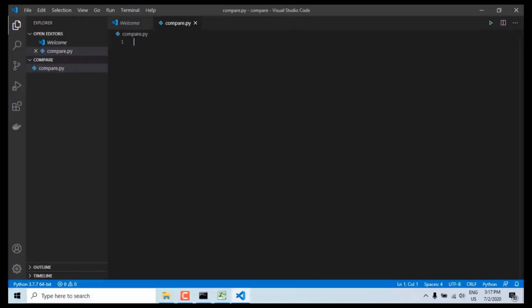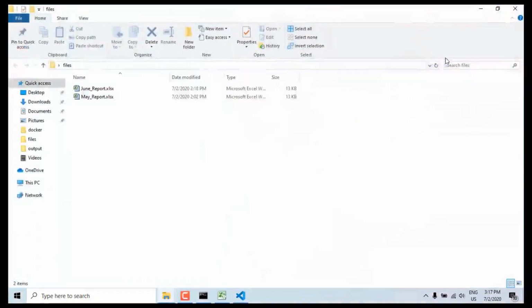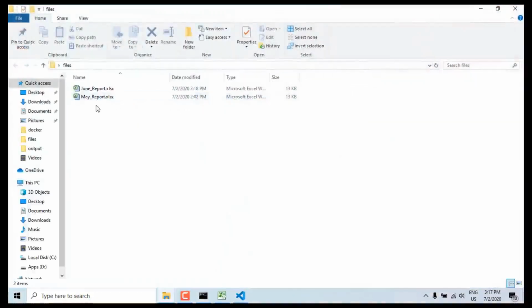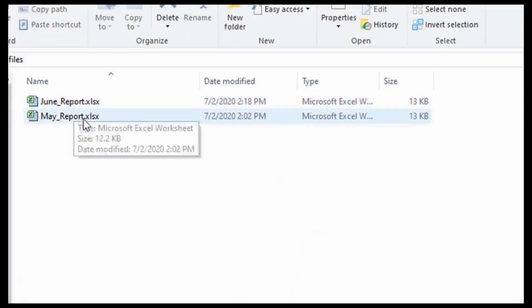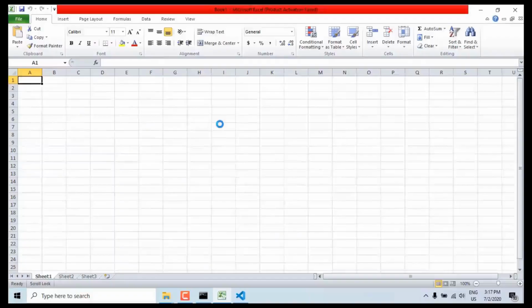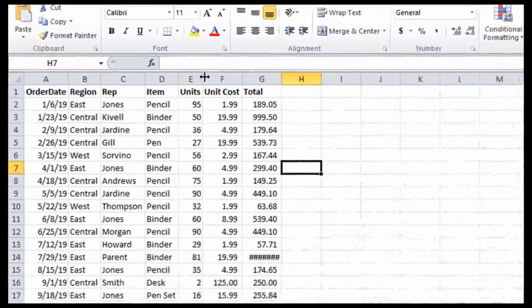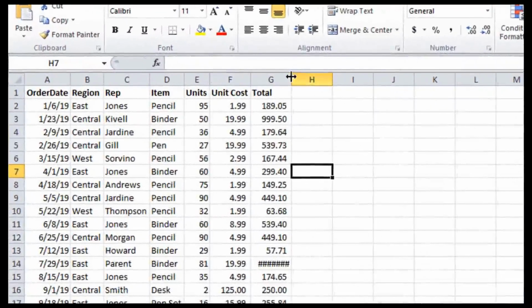Before that, I just want to share some information related to the input files I'm going to use inside the project. If you see these files, May report and June report, they have some data and a similar structure, a similar shape. You might see the data is almost the same in the two files: order date, region, representative, and everything is there.